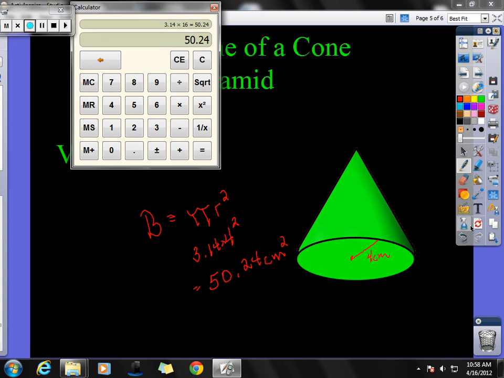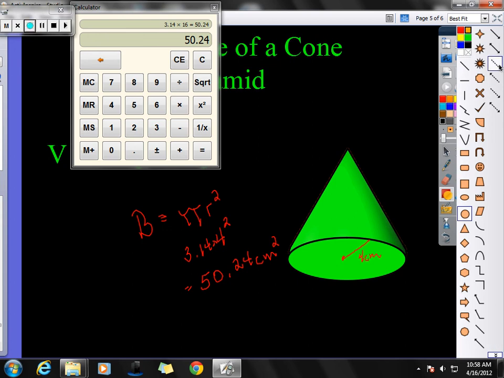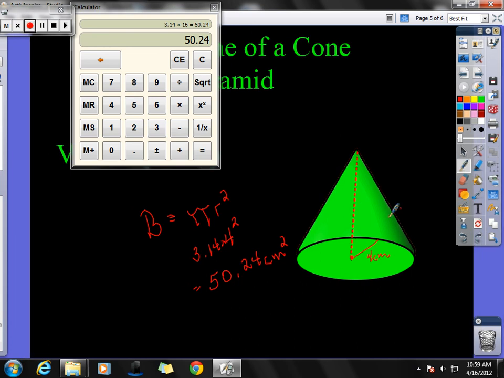Now my height might look something like this. It's usually indicated with a dotted line, and I don't want to do green, let's do red. It'll go from the base up to the point. So the height might be, I don't know, 15 centimeters. So I'm going to take the area of my base, 50.24, and I'm going to times it by 15. So that's the area of the base, times it by 15, and that gives me